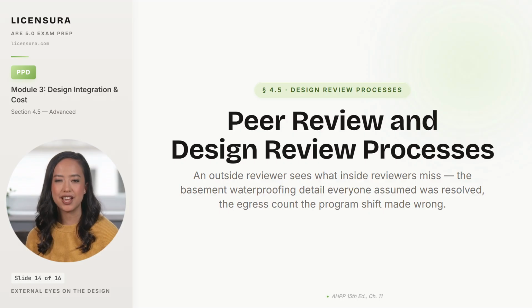Peer review exists because outside eyes see what inside eyes miss. An independent, qualified professional examines the design documents for errors, omissions, code compliance, and design adequacy. And the reviewer brings fresh perspective without investment in any of the prior design decisions. This is different from internal QC, where senior staff inside the firm review the work. Internal QC catches drawing accuracy and standards conformance, but it cannot see around the assumptions the team has been making